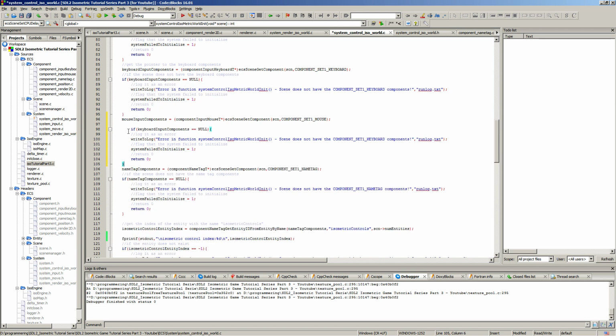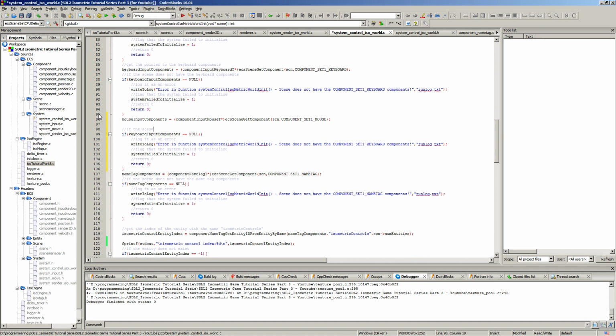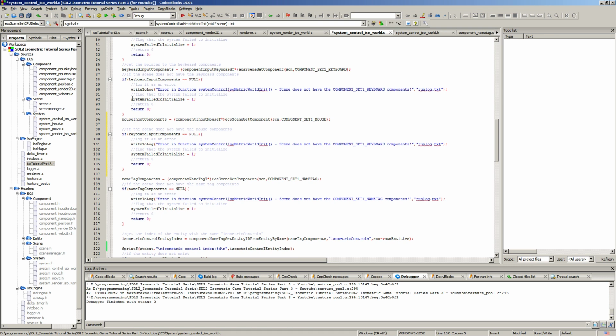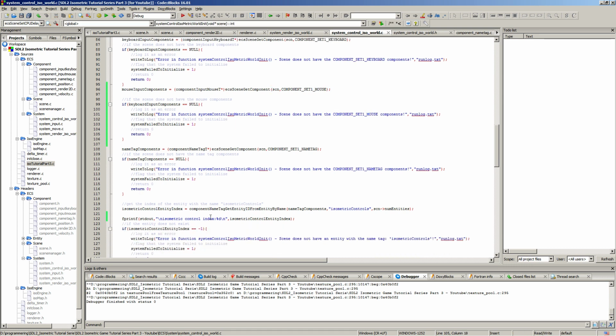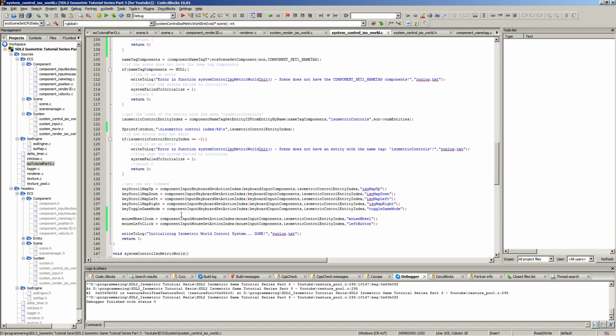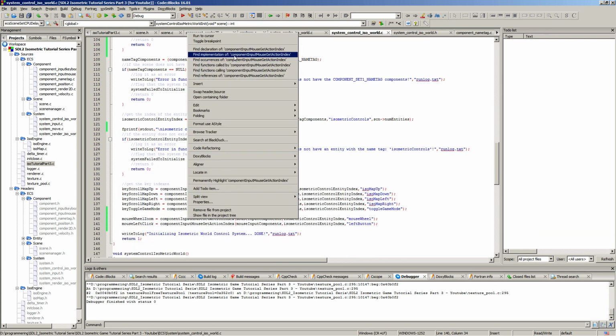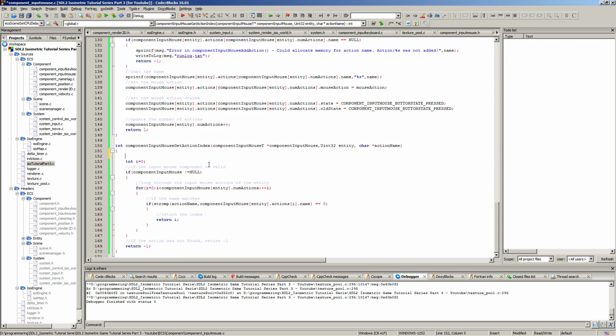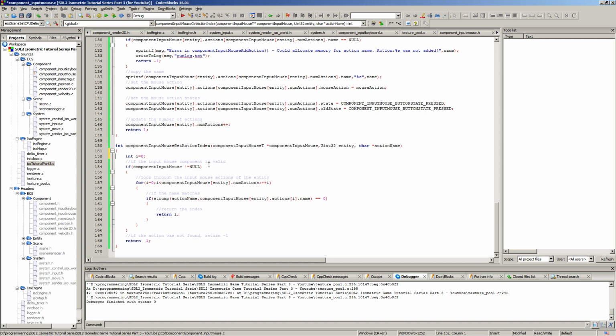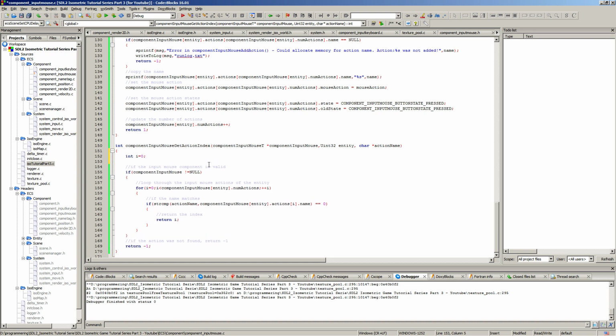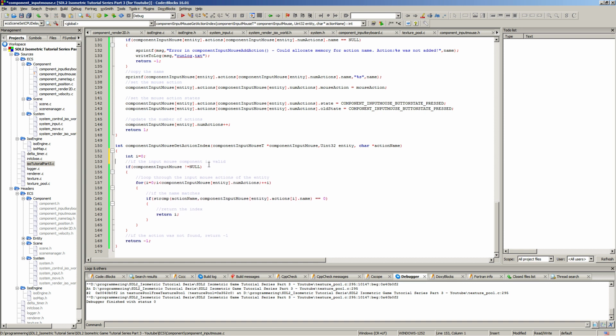So if the scene does not have the mouse components, we don't have the set point components. Okay. And sometimes you're lazy. If I had just done this properly, we could go to find implementation of. If we had just written a simple if here, rather, here we go with an else here,